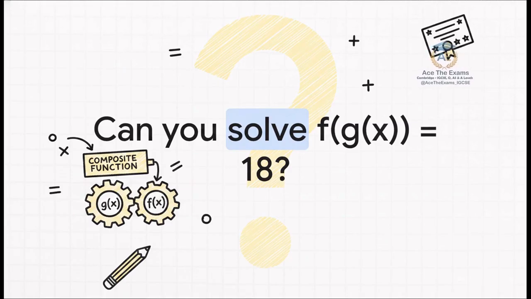I pulled this provocative question straight from exercise 4, part C in our source material. Can you solve for x if f of g of x equals 18? Your starting functions are f of x equals 2x squared and g of x equals x minus 1. You have absolutely all the tools you need right now. You know how to build a composite function machine without making silly substitution errors. You know how to expand and simplify the algebra carefully. And you know how to solve the resulting quadratic equation. So grab a piece of paper, test your new understanding right now, and prove to yourself that you've mastered Cambridge